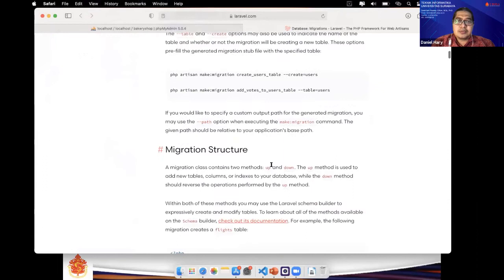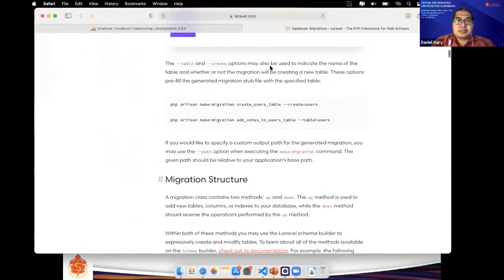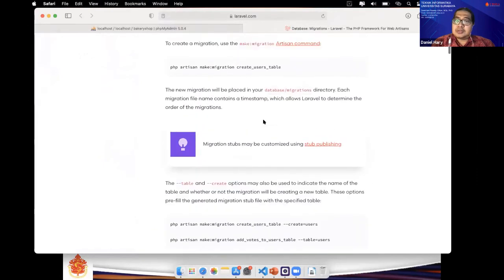Okay, this one is for example. We already have create user table, so we do not need to follow this step, PHP artisan make:migration create_users_table, because by default, Laravel project already has a create users table.